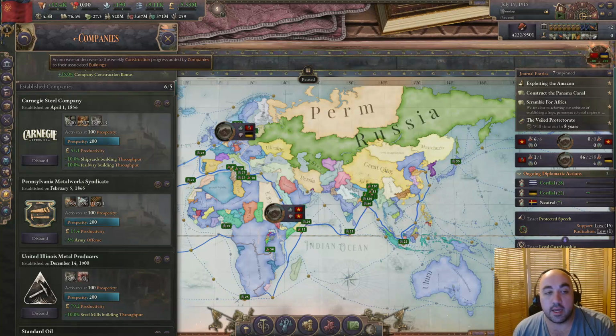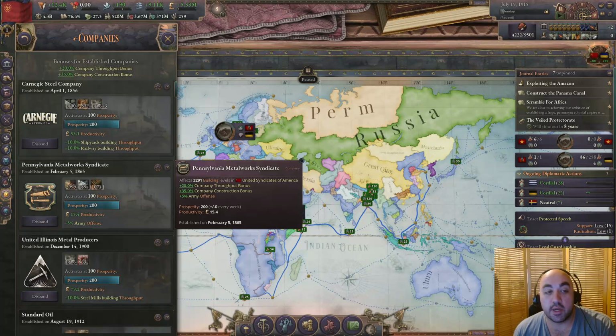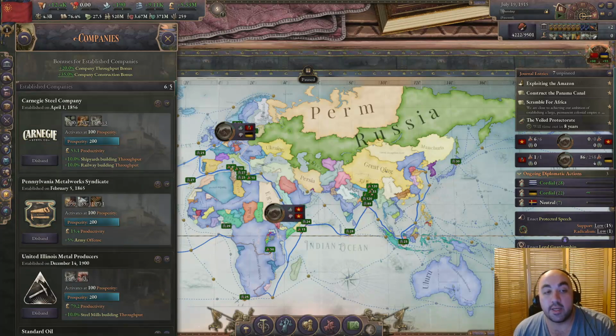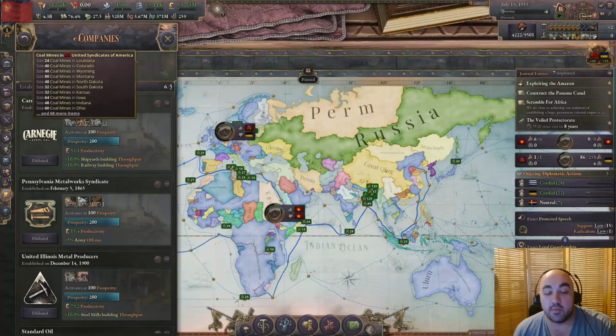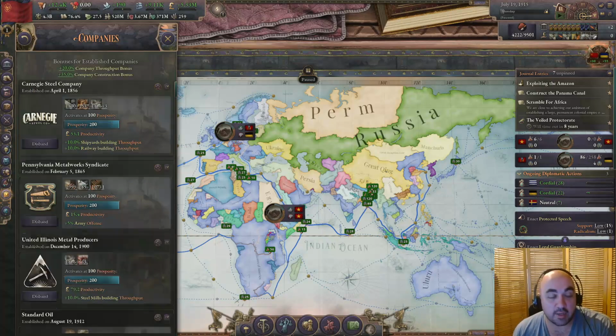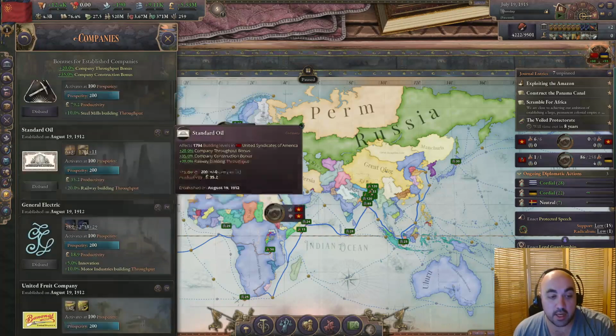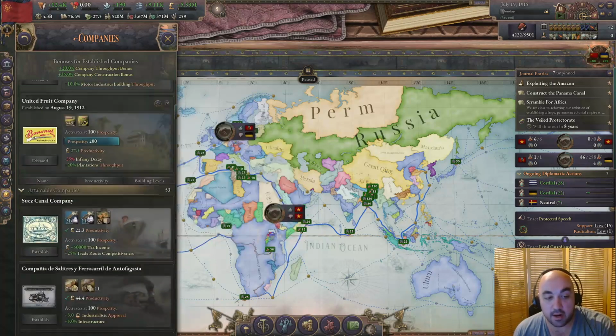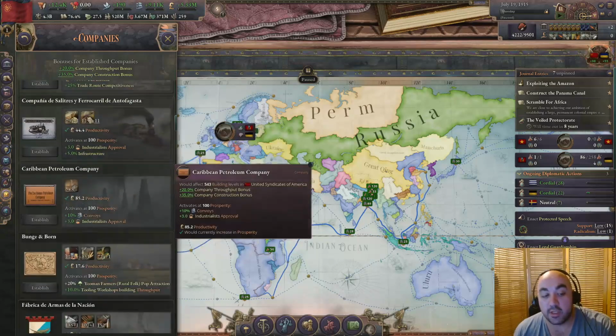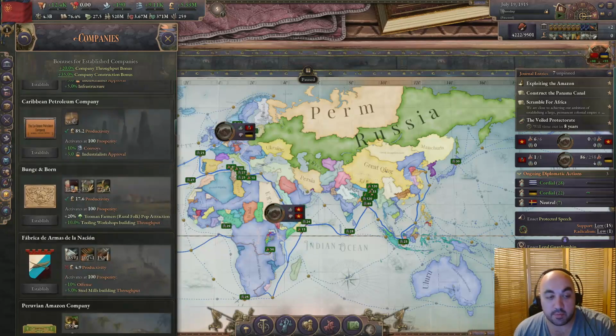If it's the case that you are still going to get your construction bonus when building in someone else's country, it's going to be flagrantly, obviously broken to spam companies that relate to resources. But not only resources, it will actually make all the agricultural industries, in my opinion, a lot better, because I think you will generally want to build agriculture in other people's countries for a few reasons, one of which is